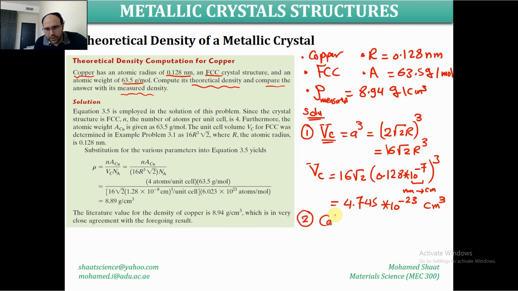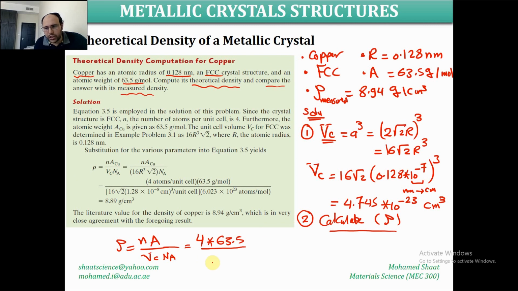So second step, calculate rho, which is the theoretical density. Plug into this relation that we mentioned once before. It is N times A divided by the volume of the unit cell times the Avogadro's number, which is already given as 6.02 in this value. So how many atoms would be located in an FCC crystal structure? We mentioned before it is just 4 atoms times the atomic weight. For the copper, it is 63.5 divided by, and there is no need for conversion of units for this atomic weight, and the volume we just calculated,